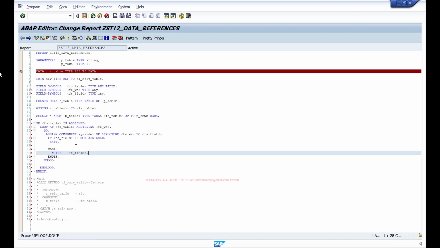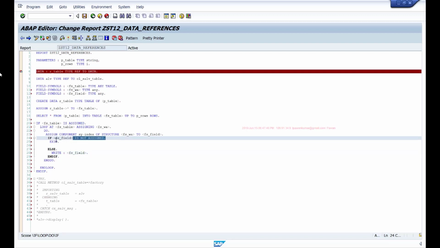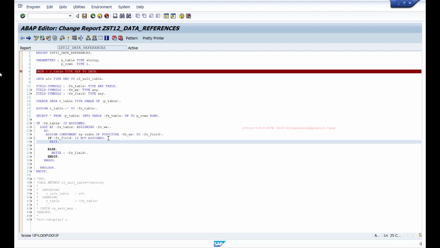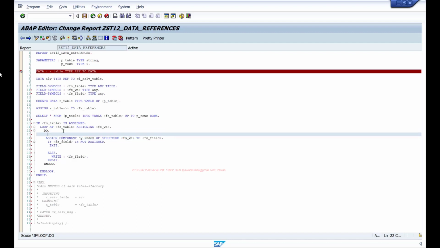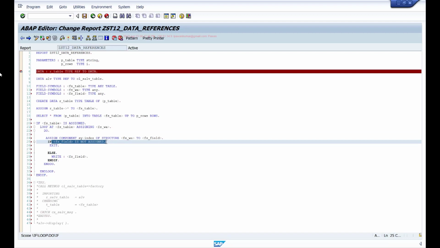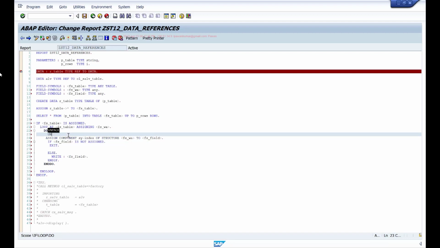field. Okay. However, if I'm checking for is assigned, you can also check for sy-subrc. If I'm checking for sy-subrc, then sy-subrc will fail and you'll exit. But if you're checking is not assigned, then once the particular field is assigned, it will remain assigned till you unassign it, right? So in the 10th loop, for example, this field will be assigned, and in the 11th loop, nothing will be assigned to it, but this FS field was already assigned in the previous loop, right? So what we have to do is to ensure that this condition is only checking for the current field, I can unassign FS field.